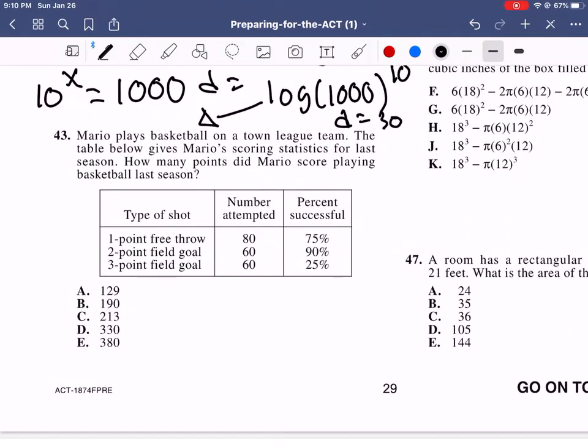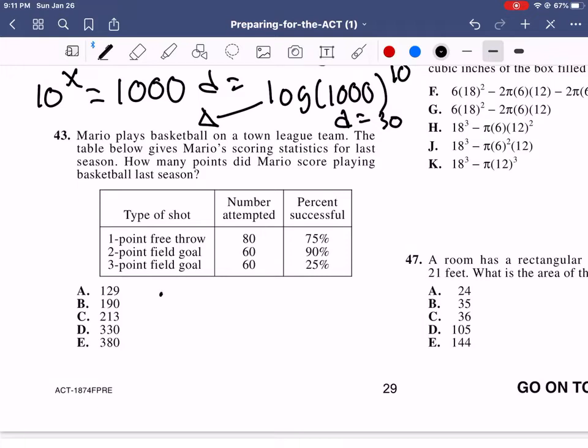Mario plays basketball on a town league team. The table below gives Mario's scoring statistics for last season. How many points did Mario score playing basketball last season? I would do a crisscross table, a crisscross ratio. So if he attempted 80 free throws and only got 75% of them successful,